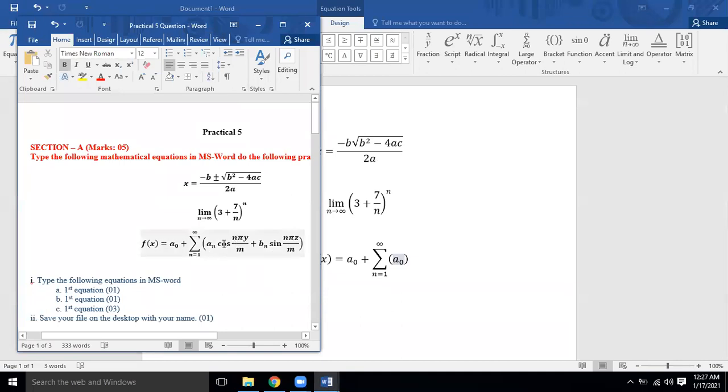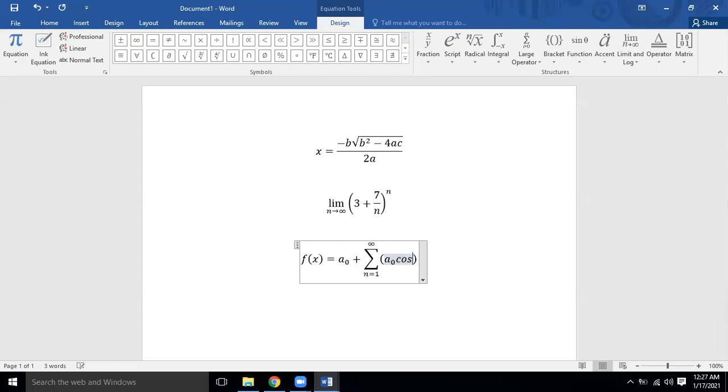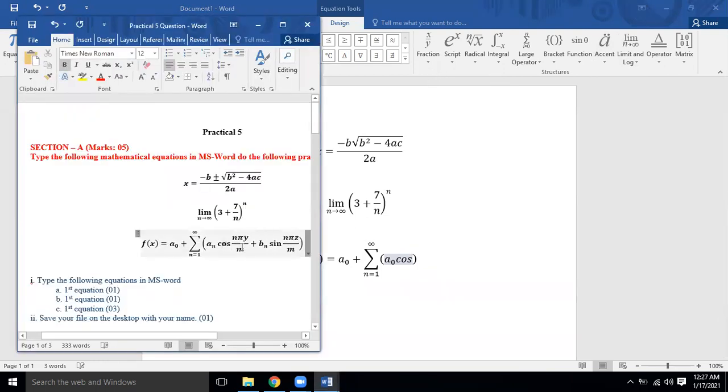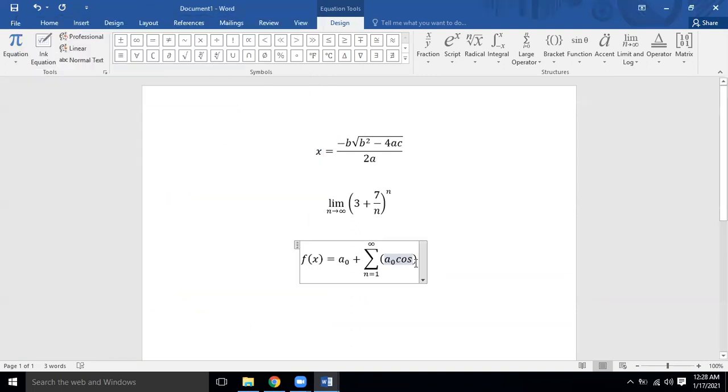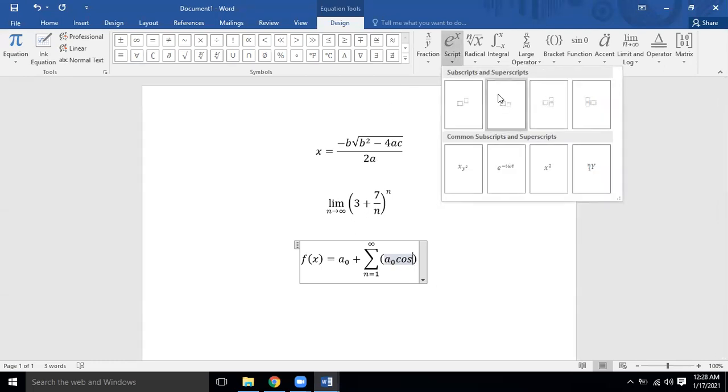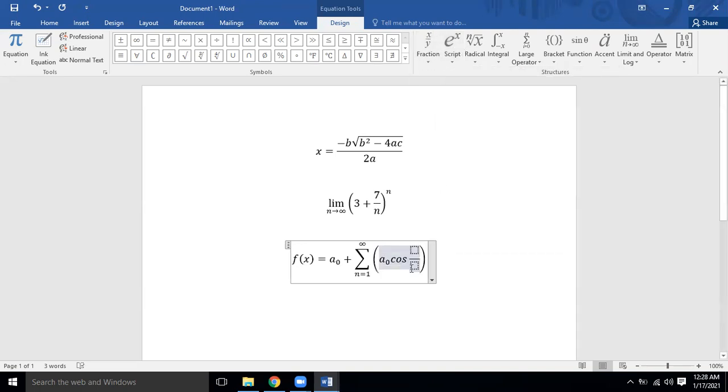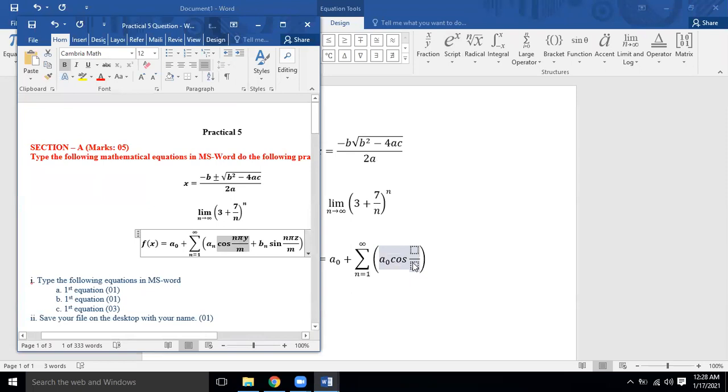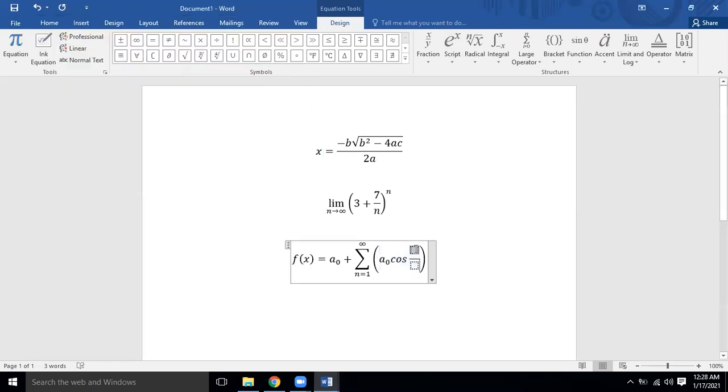So over here I have to type cos of n pi y upon m. First I will type cos over here. Then I need a numerator and denominator, because the next text which is coming over here is n pi x upon m. So what I will do, I will click over here, and my mouse cursor is over here. I will go there, I will take this option. Which option? Fraction. So in the fraction I am going to type n pi y upon m. On the top I am typing n pi.